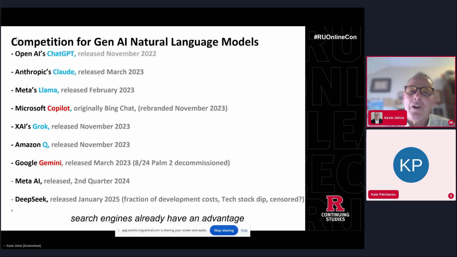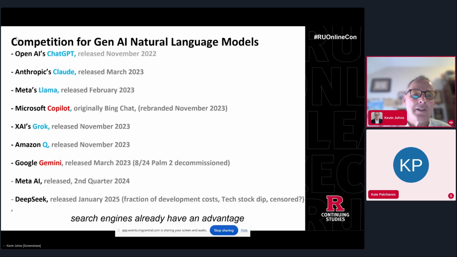This is not all inclusive. This was the latest list that I put together that I included DeepSeek on this as well. So this is the competition that we're seeing for the Gen AI natural language models that are out there. Now, the first one, I believe, was the OpenAI one that was announced in November of 22. Then came Claude. And I've been at various conferences already, academic conferences where a lot of the instructors, professors, et cetera, get together and discuss what tools they use. And Claude seems to be pretty popular in the academic environment, along with some of these others that you see here on the list.